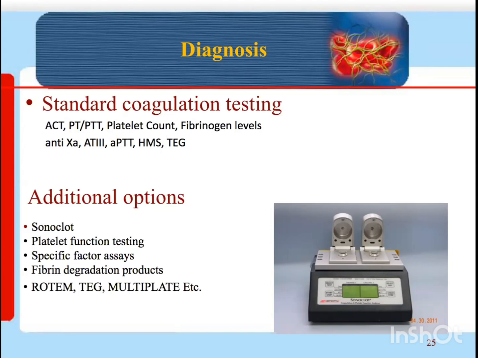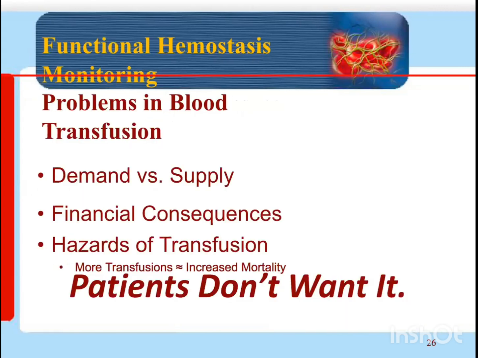Additional options would be Sonoclot, platelet function testing, specific factor assays, fibrin degradation products, ROTEM, TEG, and Multiplate, etc. Any one of them can be used. So, the problem in blood transfusion is that too much blood is being given on ECMO,